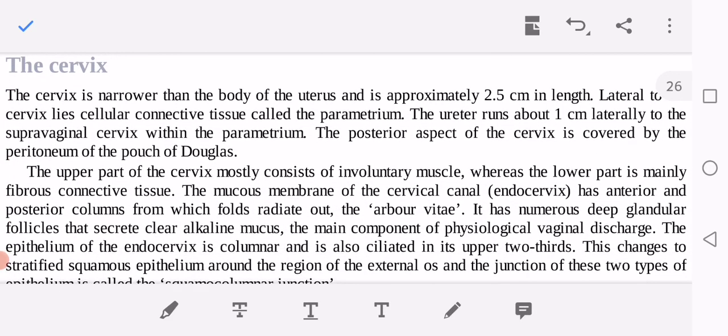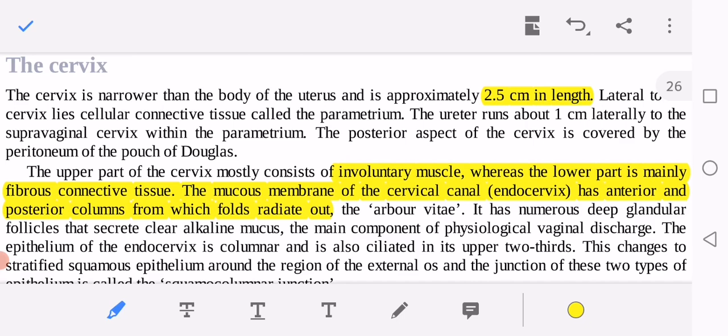Okay, cervix. What about cervix? Cervix is narrower than the body of the uterus and is approximately 2.5 centimeter in length. The figure 2.5 is very important anyway. In what sense? Where we talk about preterm labor, if the cervical length is less than 2.5 centimeter, we say the chances of preterm labor are higher. So lateral to the cervix lies